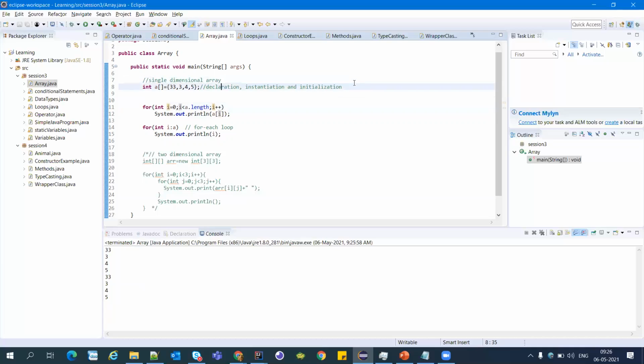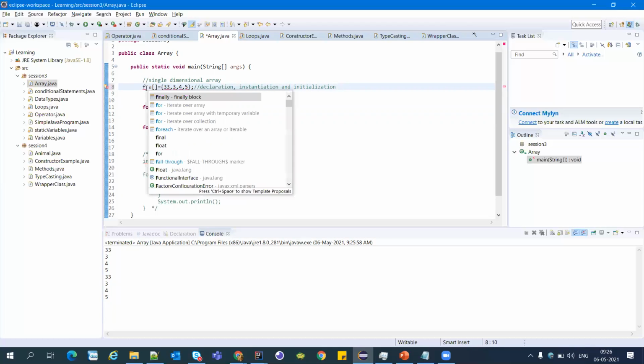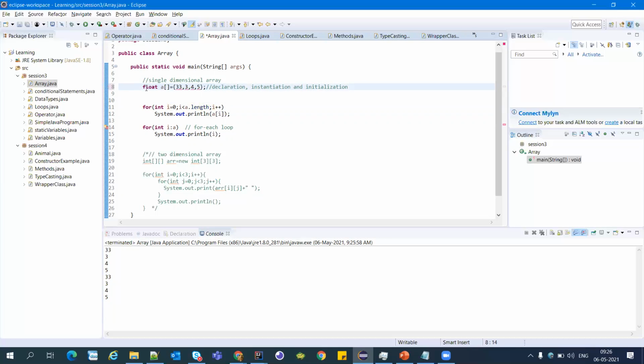We can have an array of float also. We can convert this into float. So here it is giving an error because this is not a float. It should be float. So likewise, we can have an array for all the primitive data types.